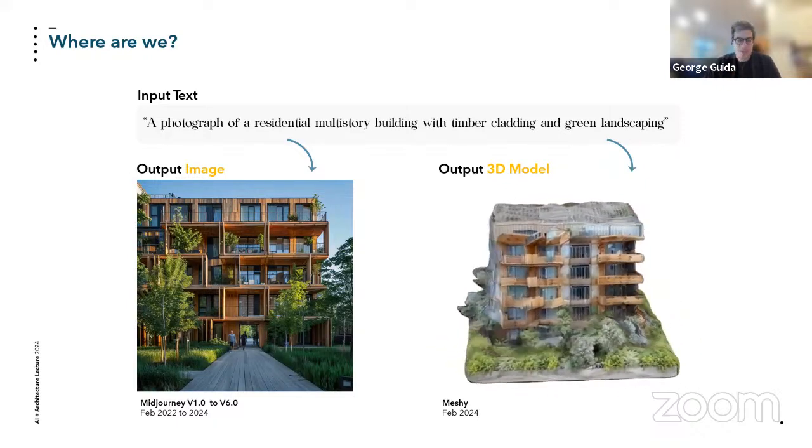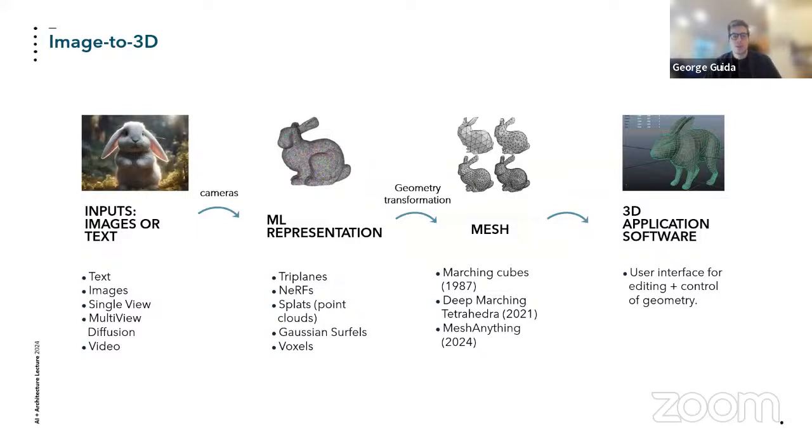Now, what comes with that coherence is that you can then use those images. This is one of many approaches to then create coherent 3D objects or scenes. And so this is a typical 3D pipeline, which essentially from the left, it takes that input. It can be a text input, image input, one single image, or actually composing multiple different images. And then through a series of camera locations, typically we convert that through a machine learning friendly representation, which is not typically yet a mesh or a surface.